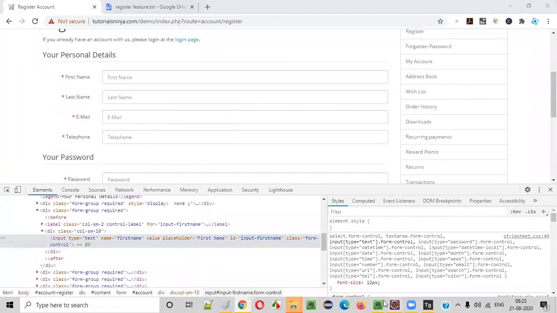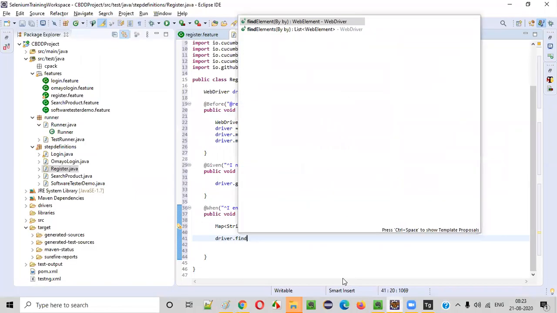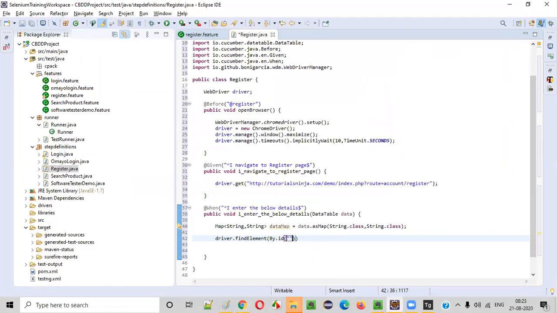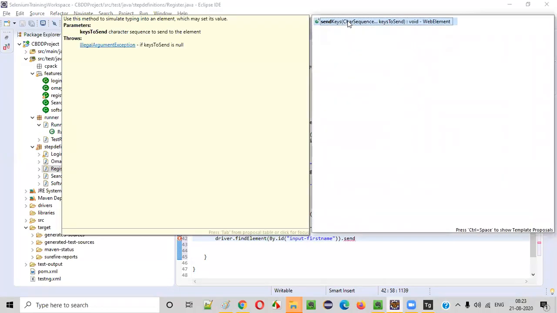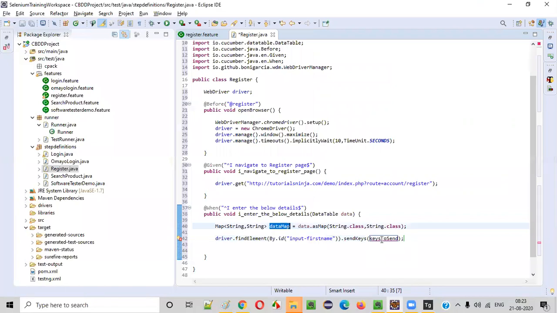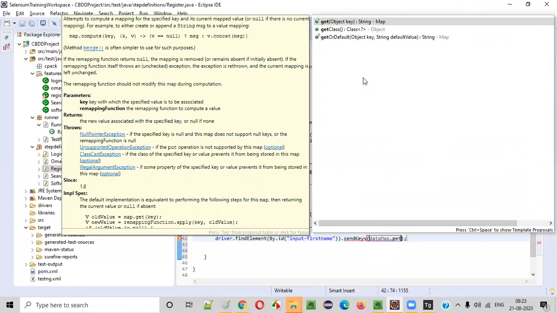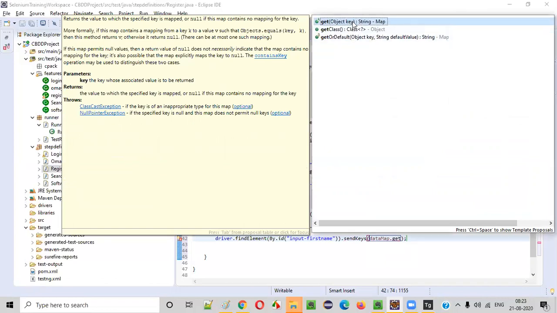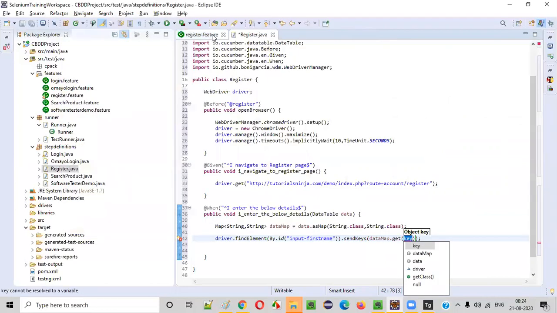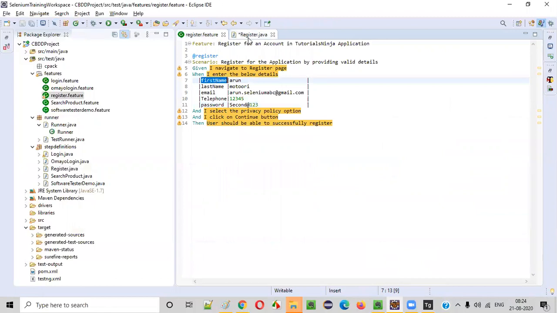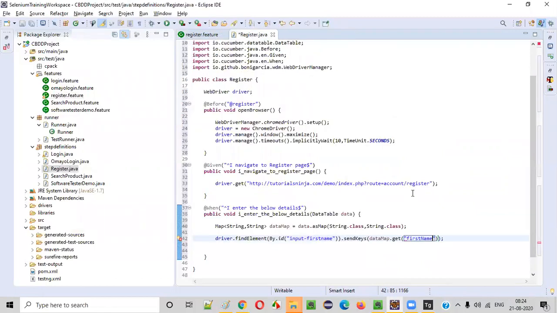Copy this ID. driver.findElement(By.id), put that ID, dot sendKeys. Here we have to say dataMap.get, key. Which key do I have to get? I have to get the first name key. So put that first name here.